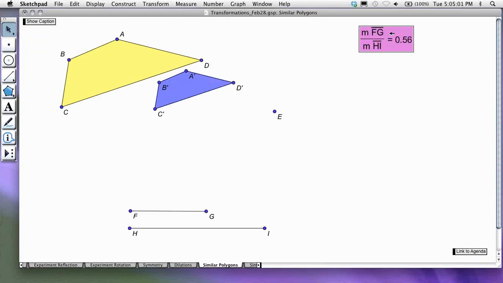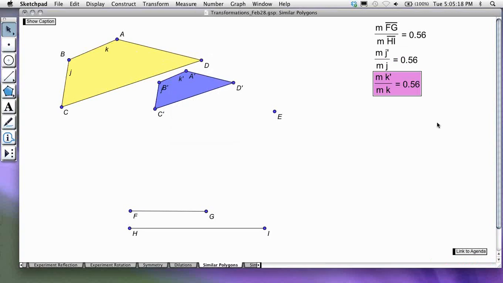I don't even really have to know the length, I just know the ratio. And then I can explore where else that ratio comes up. For example, if I measure 2 corresponding sides there and I measure the ratio, I'm going to see that 0.56 over and over again. And if I vary the dilation ratio,